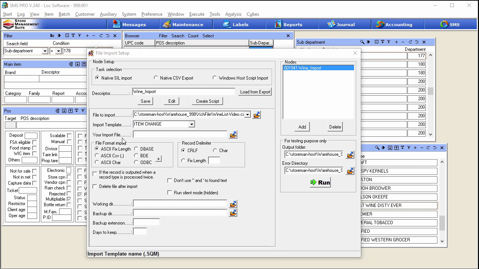this template. Now we need to come down to your import file, this box here, and we need to name the actual import. I don't know what the heck you want to call it, but it's the import file that's created or that will be used to suck all this data in. So, you know, you can call it whatever the heck you want. I'm just going to call it I_import.sqm. SQM is the actual SQL name, or extension at least, that's going to suck all this data into the